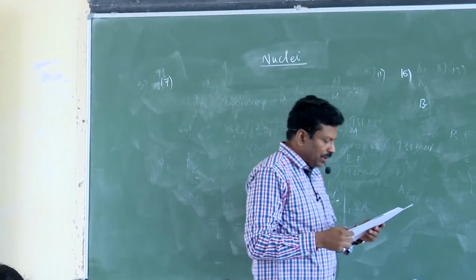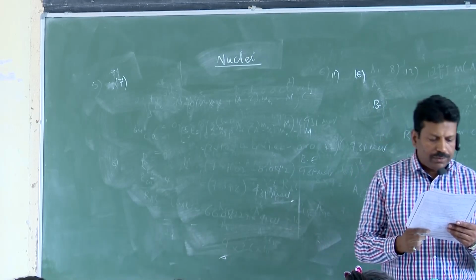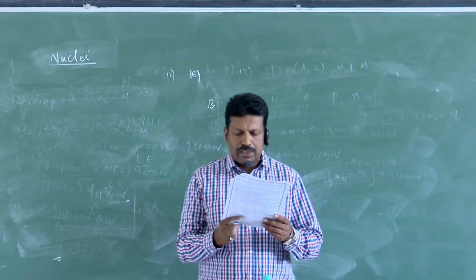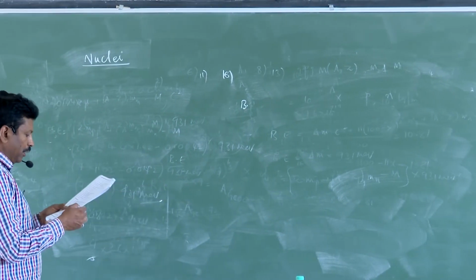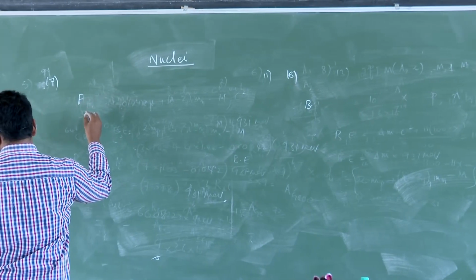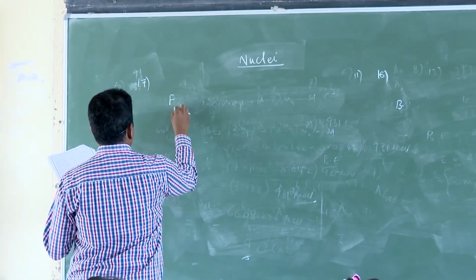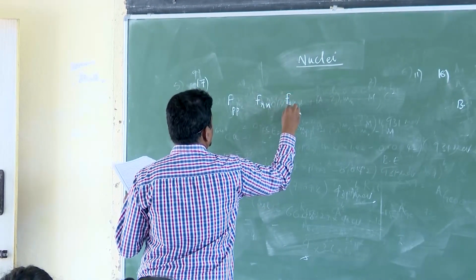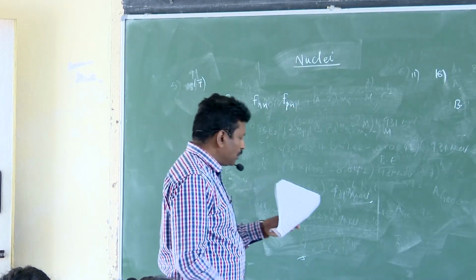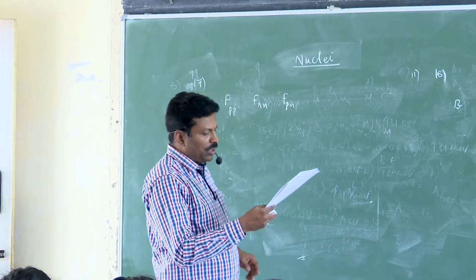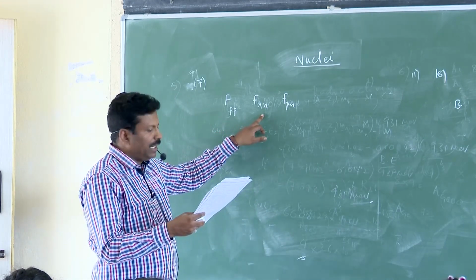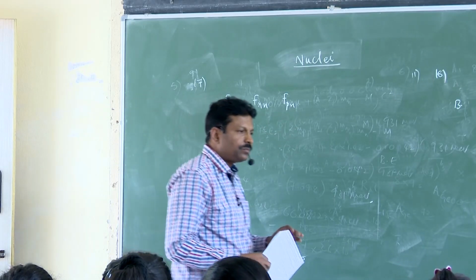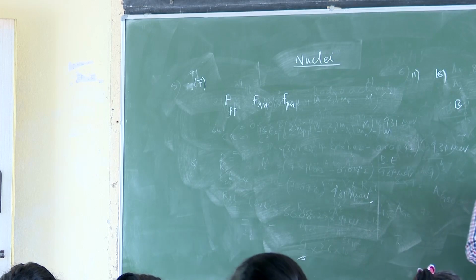Question number 17. If the nuclear forces between two protons, two neutrons, and between proton and neutron are denoted by FPP, FNN and FPN respectively, then